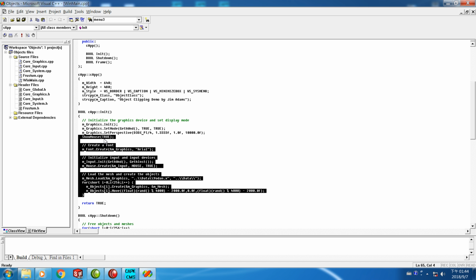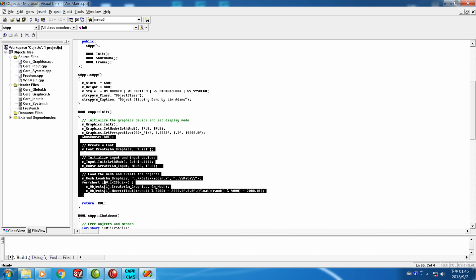After the show mouse definitions, then we can use the mouse functions later on in the frame, and we open the device of direct input and open the mouse, create a mouse. A mouse could be used later on,